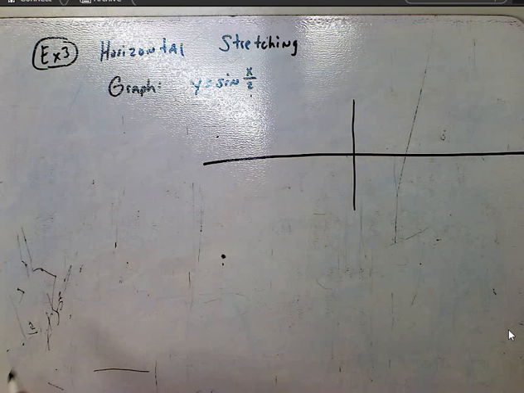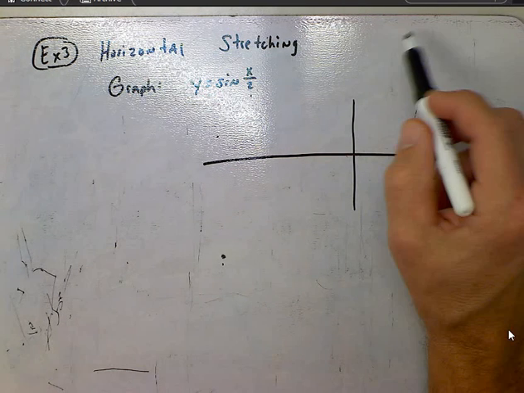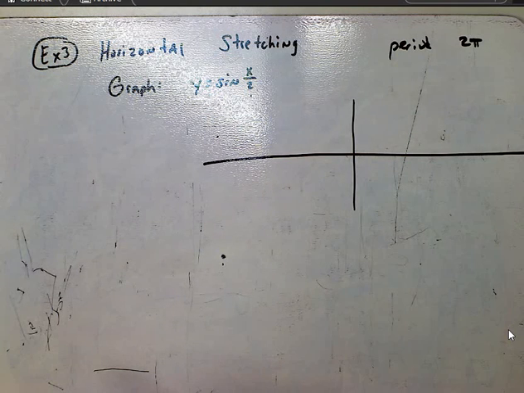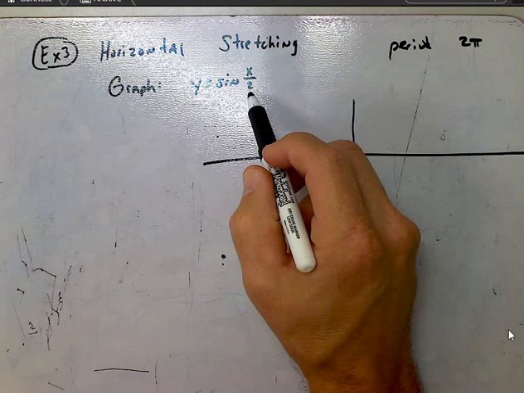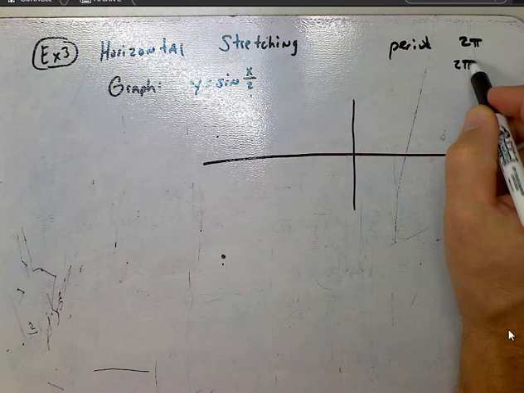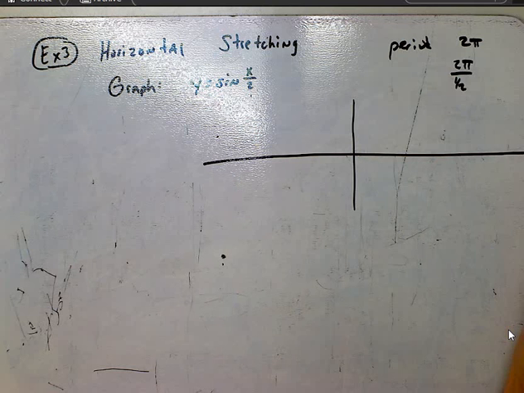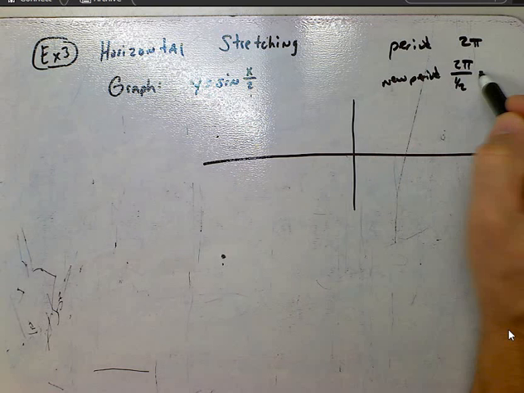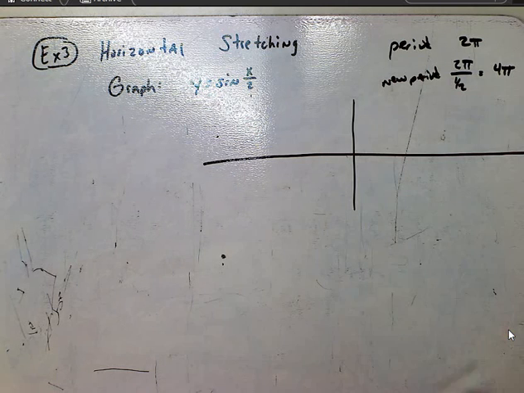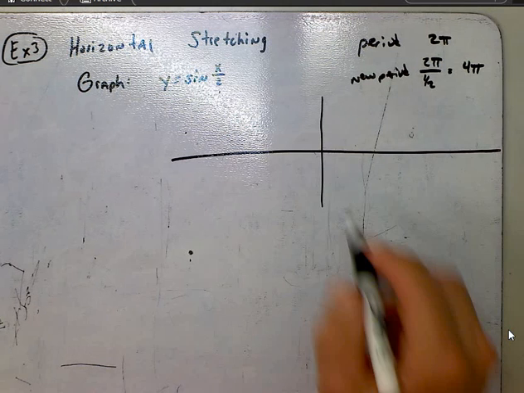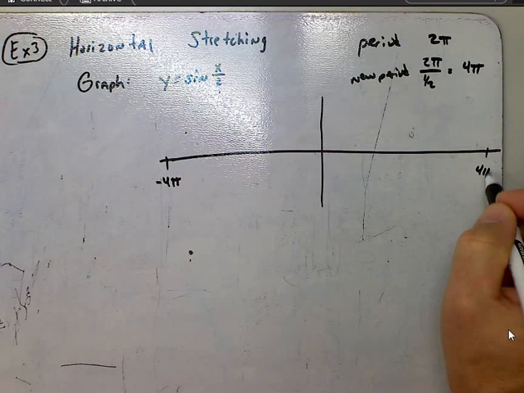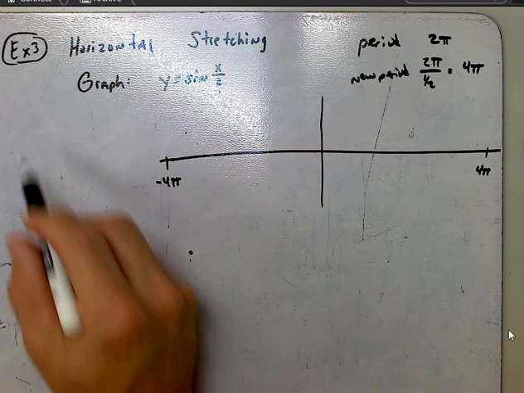We said that the normal period for sine was 2 pi. Well, since we have this 1/2 here, to find the new period I have to take 2 pi divided by 1/2, and that's going to be 4 pi. So I need to stretch my graph to go from 0 to negative 4 pi to positive 4 pi in this direction. And then for my x and y's,